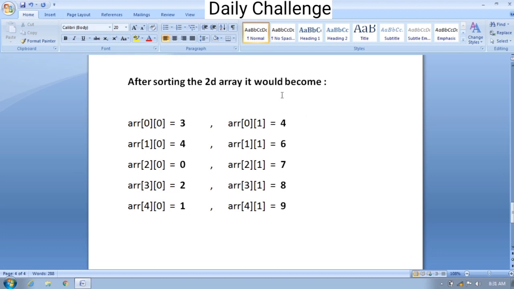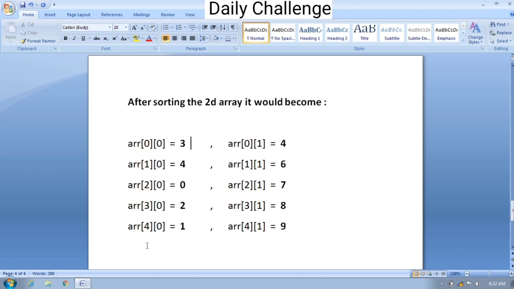After sorting the two-dimensional array, this is how our array would be looking now. So here we can see that in the first index of the two-dimensional array, all the values are sorted in ascending order. So 4, 6, 7, 8 and 9, and the 4 is present in the third column. So using these values, that is the column index value present in the 0th index of the two-dimensional array, we are going to print our required matrix. So let us see how to implement this using a C program.